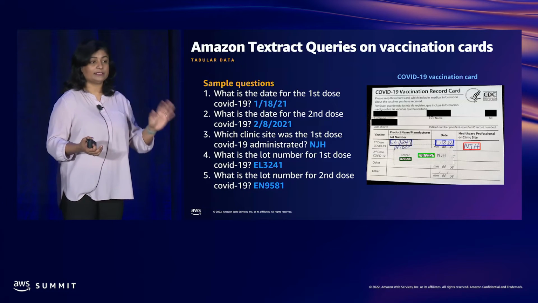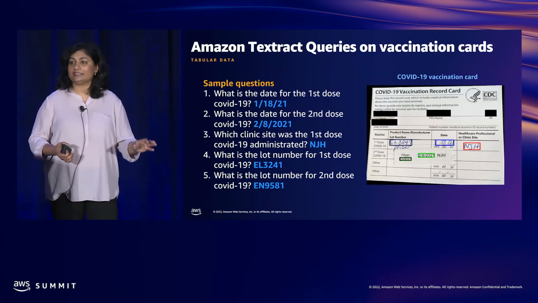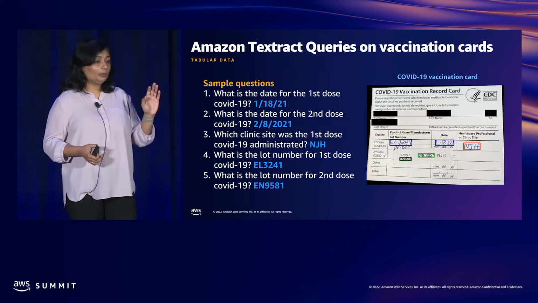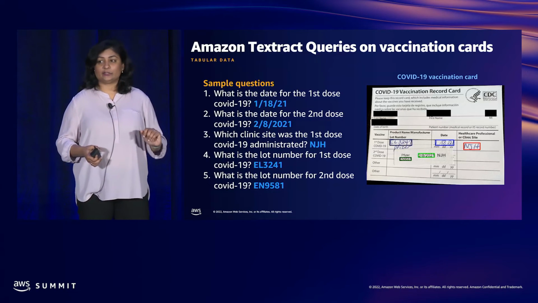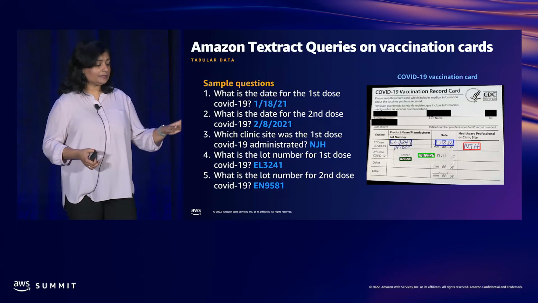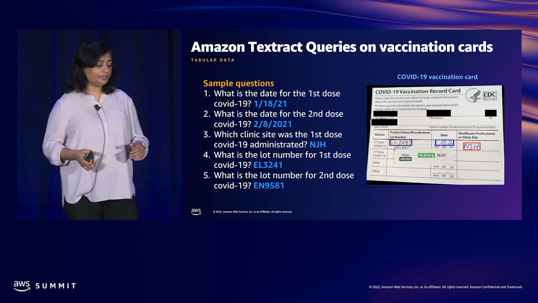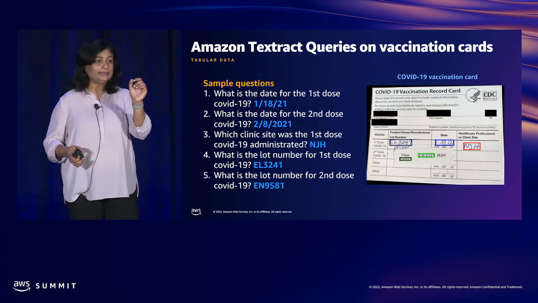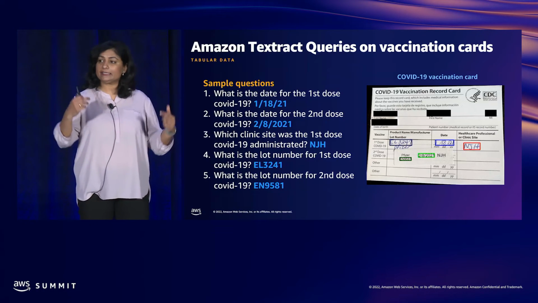But these kinds of documents end up with a human reviewer where they have to do the data entry. But with Textract, that gets solved. So with queries, you just pass in what's the date of the first dose of COVID, or what's the date for the second dose of COVID, and you will get that precise information because it is doing that